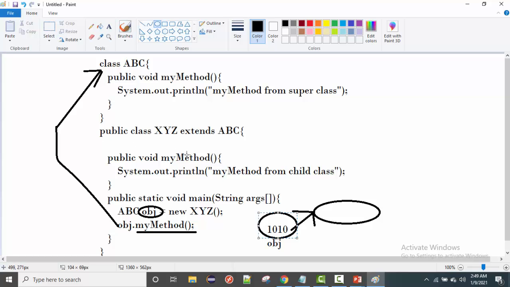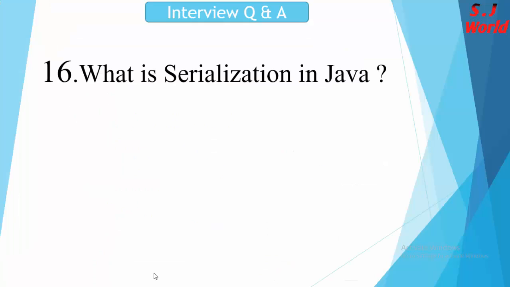Okay, then he will execute this method rather than going to the super class. This is called dynamic binding. This is called runtime polymorphism. You got it, right? Now next question, in many interviews you will get this question and you should